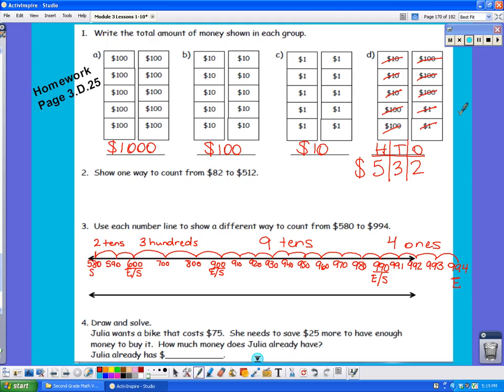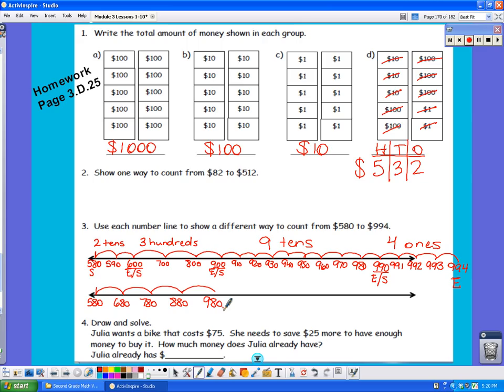I'm going to give you one other way to count, to show how to count from $580 to $994 using our second number line. I'm going to still start off with 580, but this time I'm going to count by hundreds first instead of counting by tens. So I'm going to count until I get as close to 994 as possible. So 580, 680, 780, 880,